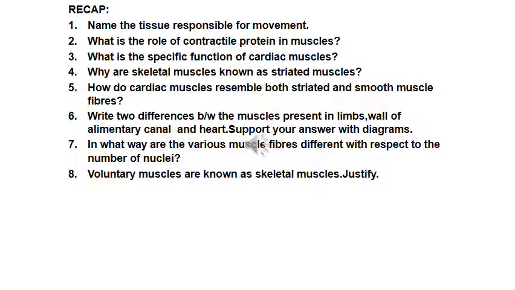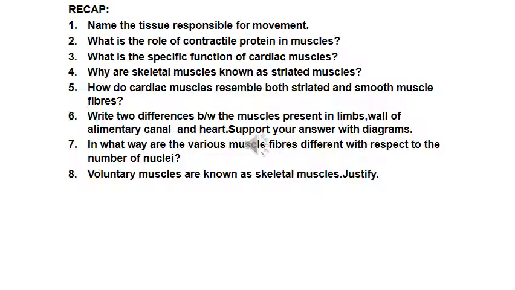Since the fertilization takes place of a male gamete and the female gamete, after a few weeks it is going to form an embryo, and the first organ which will develop is the heart, and from that time it starts till the person survives. Why are skeletal muscles known as striated muscles? Because they are present in your limbs, they have striations, they have dark and light bands.